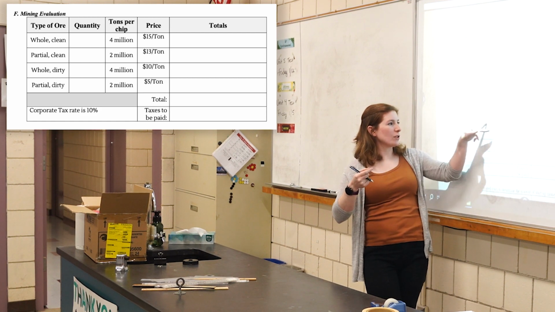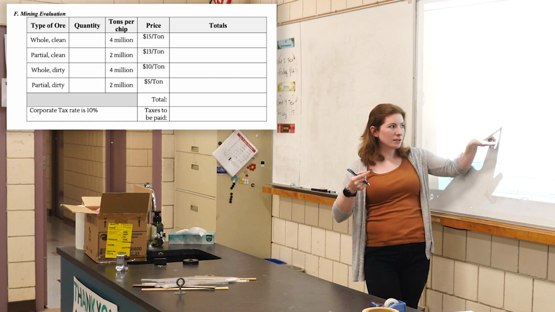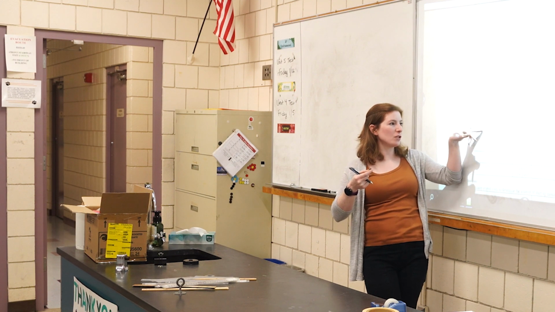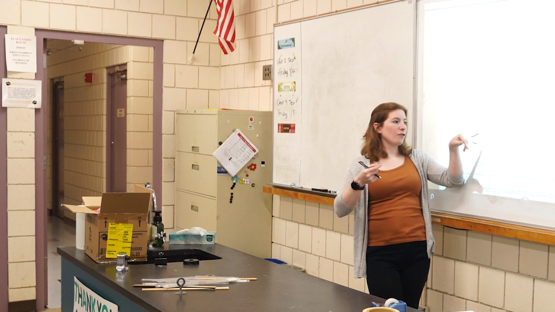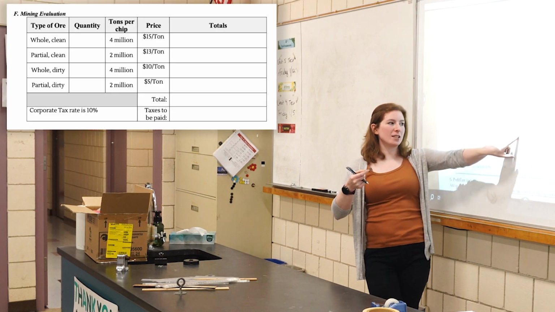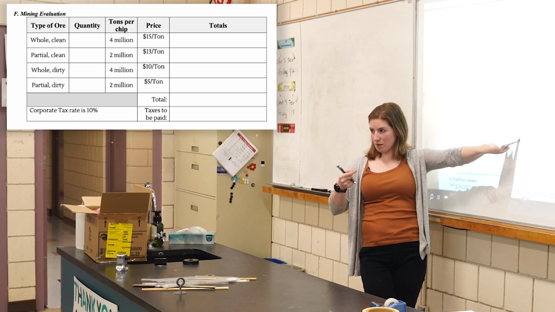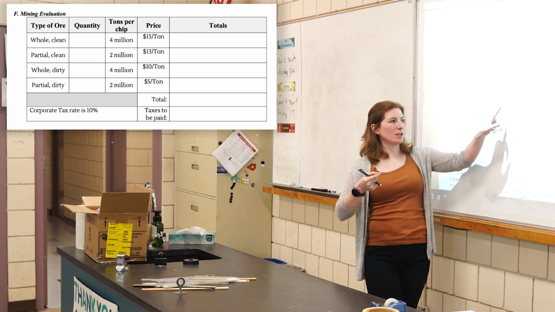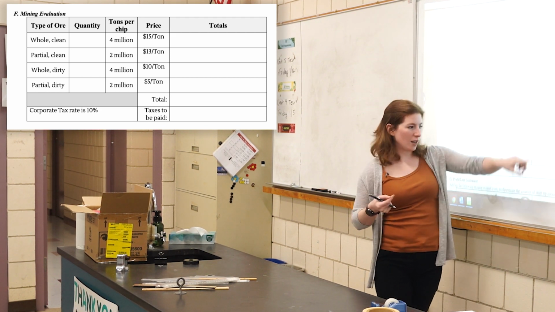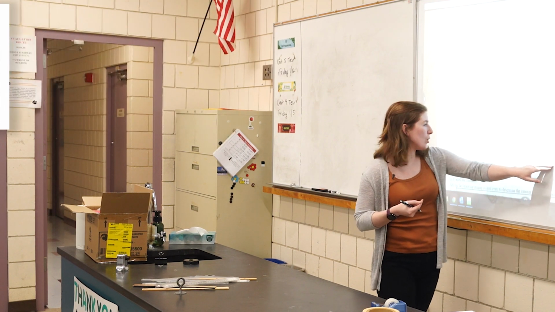Same thing down here for these ones. 2 million tons for a partial clean chocolate chip, $13 per ton. 4 million still for a whole dirty, but it's not worth as much. It's only $10 per ton. So you're just multiplying this number times this number times this number to get your total, and then you're adding up your total